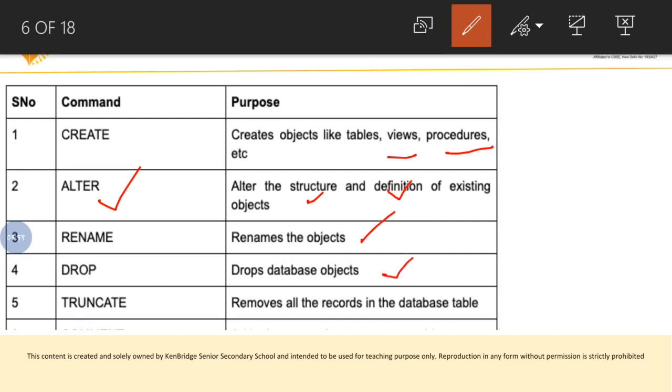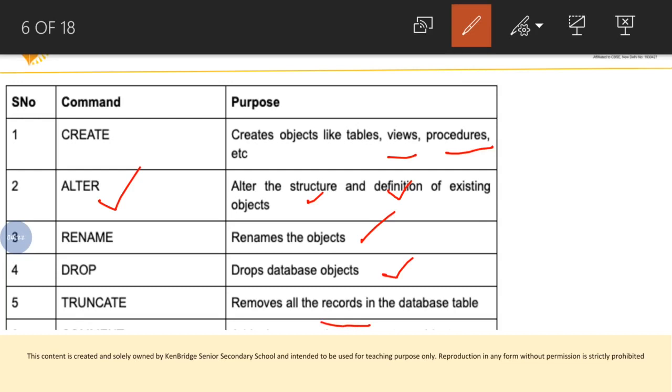And truncate is like delete, but it is not actually a delete. We will see the difference between delete and truncate at the end of this video. Truncate will remove all the records in the database table. Just make a note, students, it will remove all the records, not the structure.